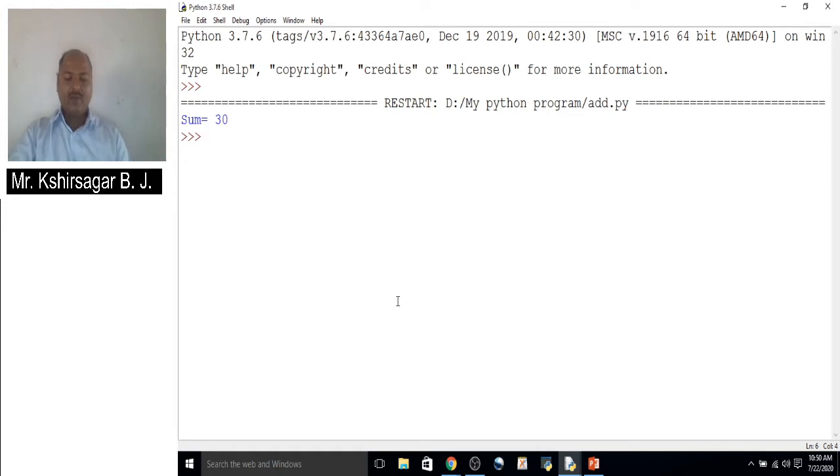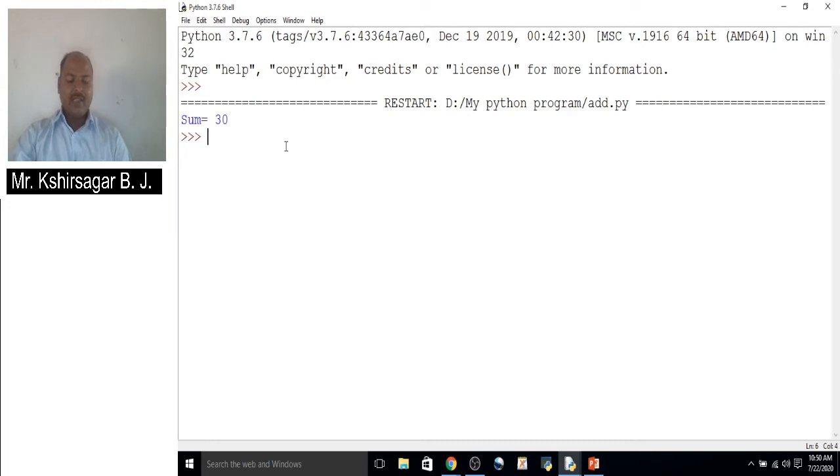When we compile this program using the Python compiler, it converts the Python source code into bytecode instructions, and this bytecode is then converted into machine code and executed by the interpreter that is available inside the Python virtual machine. Finally the machine code is executed by the processor that is available in our computer, and the result is produced on the screen. So we get the output in this way, sum equal to 30.